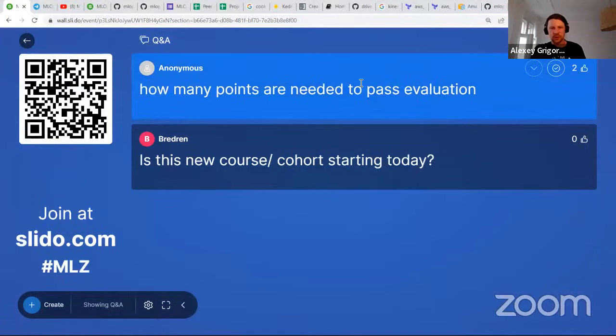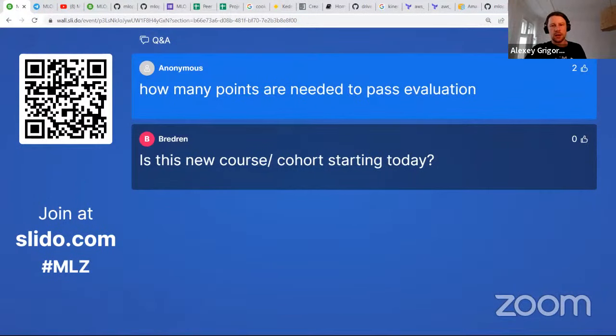How many points are needed to pass evaluation? Few. We will look at the distribution of the scores, and we just want to make sure that most of you pass the course. Only slackers who do not put any effort do not pass, and then we'll determine the threshold to make sure that most of you pass. So I cannot answer this question right now, but don't worry, if you put enough effort, you will pass the